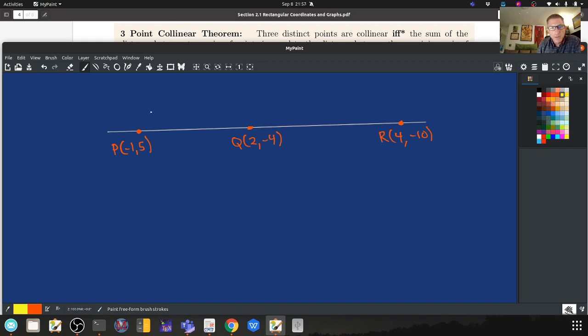So remember, the distance between P and Q plus the distance between Q and R has to be equal to the distance between P and R. In other words, if I'm looking at this,